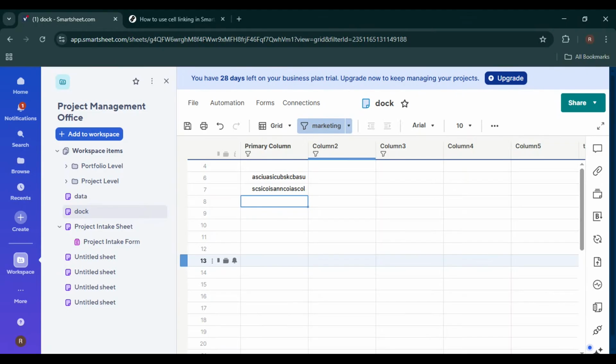If you work with multiple sheets for reporting, dashboards, or project tracking, this is going to save you a lot